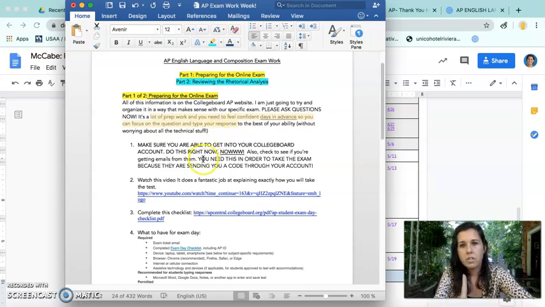So the very first thing that you have to do is to make sure that you have access to your College Board account, and make sure that you're getting emails from them 2 days before the exam day. So on the 18th, they are going to send you your code. You have to have the code in order to take the exam. So if you forgot your password, or if for whatever reason you can't get in, now is the time to figure out how to get into your account. So stop what you're doing, pause the video, and go see if you can get into your account,